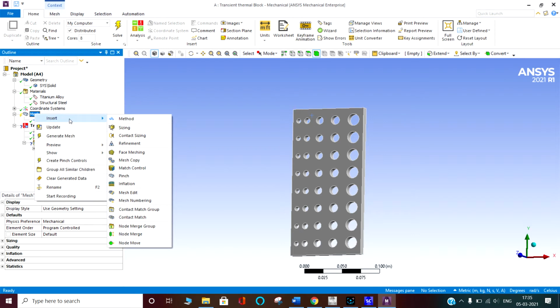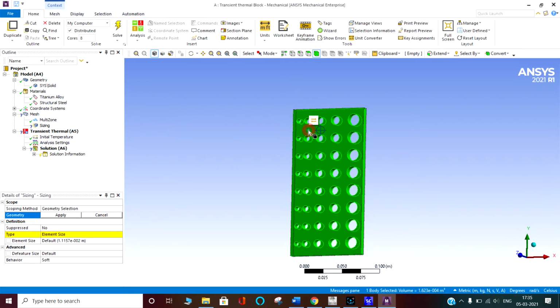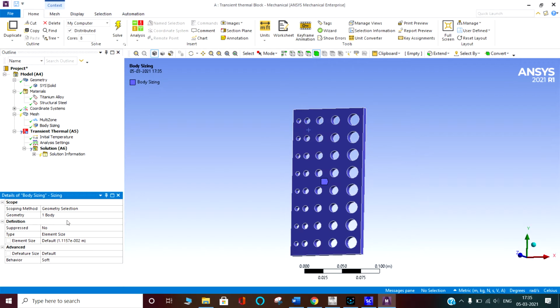Meshing means discretization of the body into small chunks of differential elements. These elements have nodes. Every element has nodes, and on these nodes the equations, or the temperature or heat, are actually calculated.